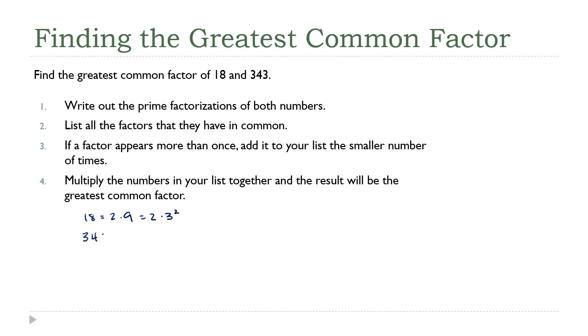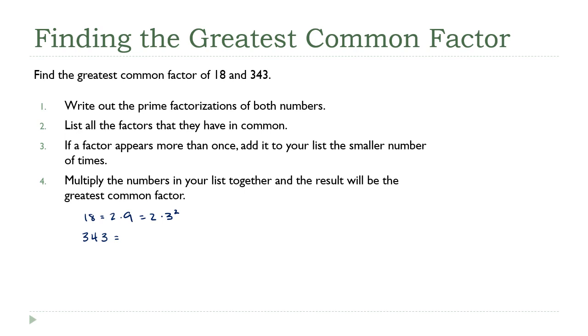And 343, that's a little trickier. If you try applying our rules, the last digit isn't divisible by 2. So 343 isn't divisible by 2 or by any even number. Right? So if we add the digits, 3 plus 3 is 6, 6 plus 4 is 14. That's not divisible by 3, which means 343 isn't divisible by 3. The last digit isn't 5 or 0, so 5 doesn't go into it, and we're getting to the point where we really just need to start dividing